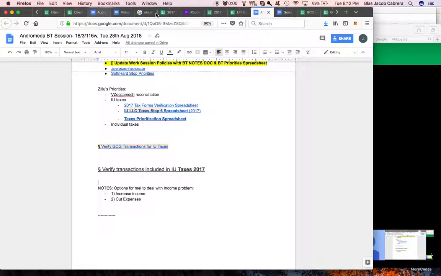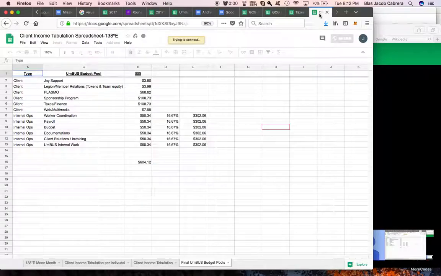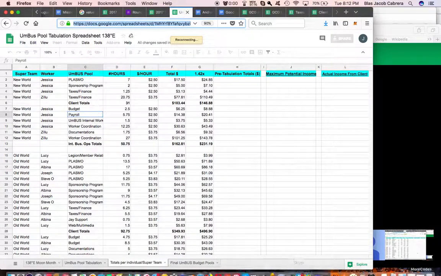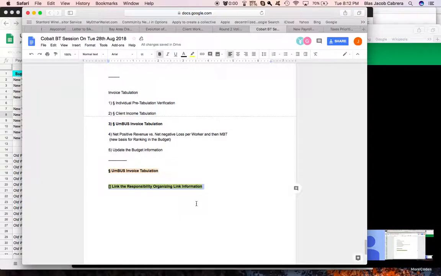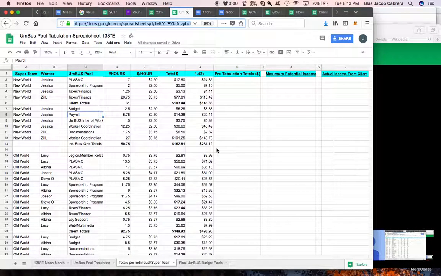All right, so now where I'm going is I'm going to the spreadsheet. So the spreadsheet is the UmBUS pool tabulation for 138 degree. And then we link it to our notes. So this is the UmBUS pool tabulation 138 degree spreadsheet. Okay, boom. Okay. So the first thing we have here is